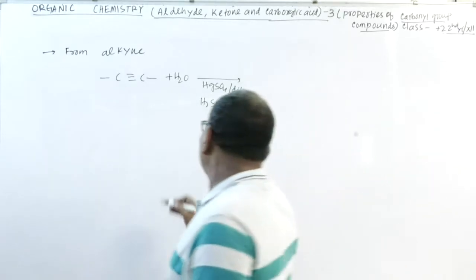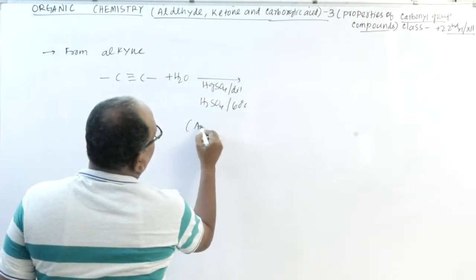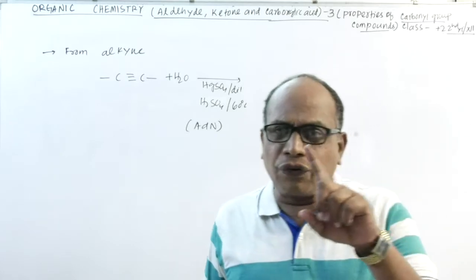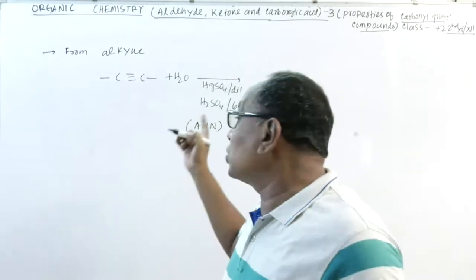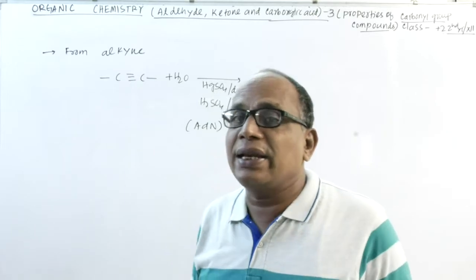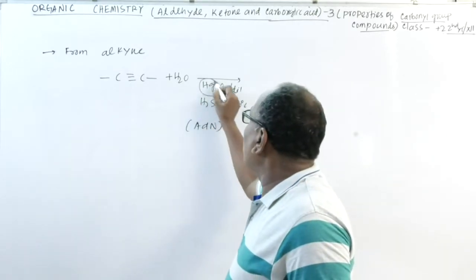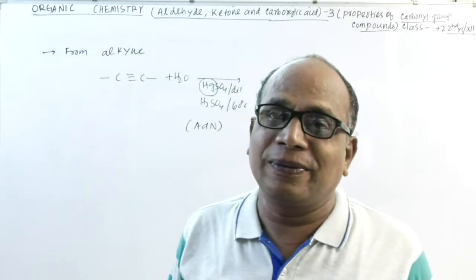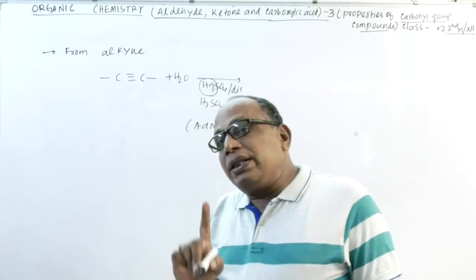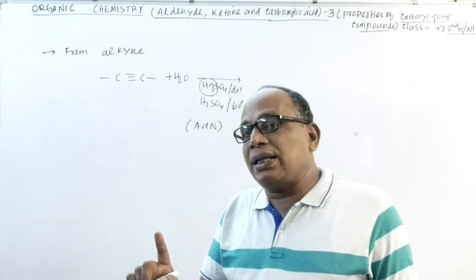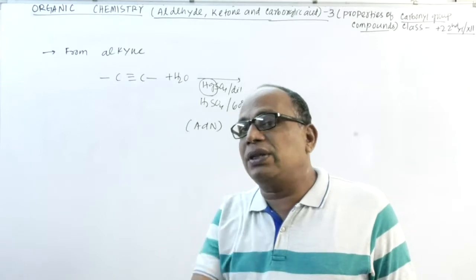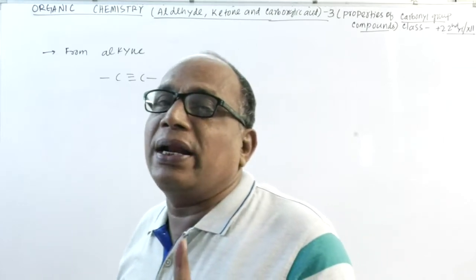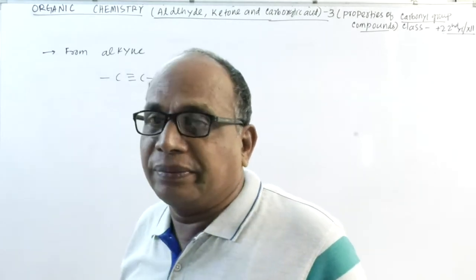So this is one type of nucleophilic addition reaction. Generally, alkyne shows electrophilic addition reaction, but this one shows nucleophilic addition reaction due to the presence of a heavy metal ion, that is Hg2+. And during the electrophilic addition reaction, the alkyne can add 2 molecules of addendum, but in this case only 1 molecule of addendum, means 1 molecule of water, is added.